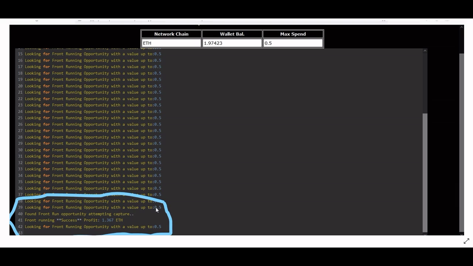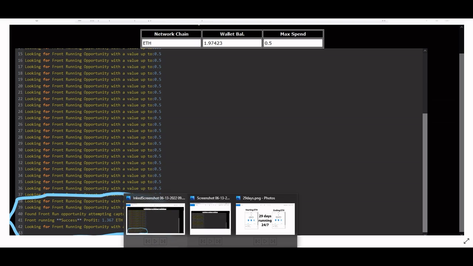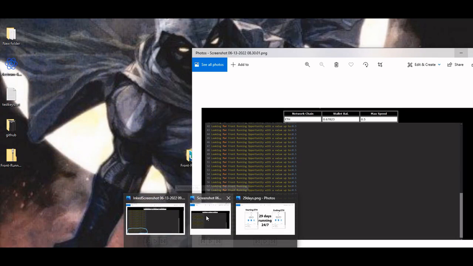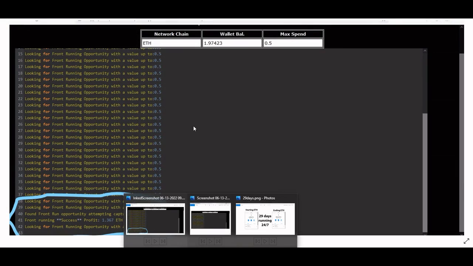So yeah, it was set there and it caught one, and I profited 1.367 Ethereum from just that one front run. So this program can make quite a bit of money just sitting there running. Okay, and then let's go over, I think now we're ready to go on to